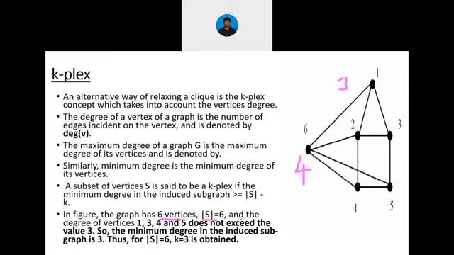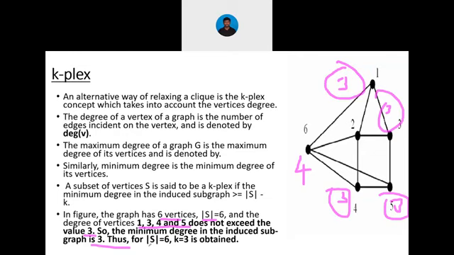So the number of nodes present is 6, and the degree of vertices 1, 3, and 5 does not exceed the value 3, right? For node 1, the degree is 3. For the third node, the degree is 3. For the fourth node, the degree is 3. Fifth node, the degree is 3. It does not exceed 3. So the minimum degree in the induced subgraph is actually 3, and hence I am concluding that the minimum degree in the induced subgraph is 3.